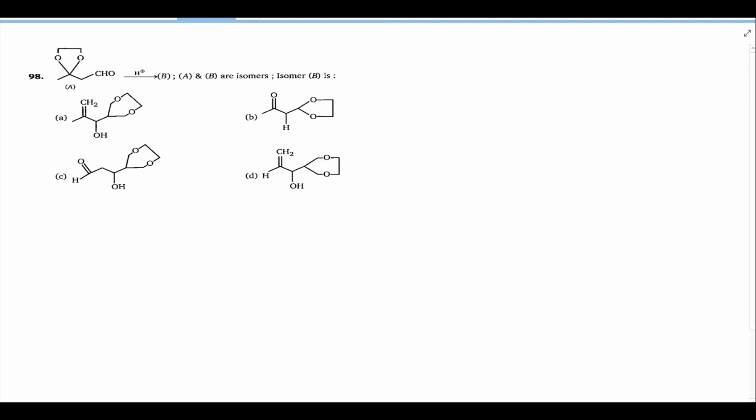So you can see, first of all, this is H plus hydrolysis. You can write the question here. Okay, it is like this. So C double bond OH. Here there will be O and O, and there is a cap. Here H plus is there, means here H is added. So OH is added. So bond breaking here, H is added, OH is added.